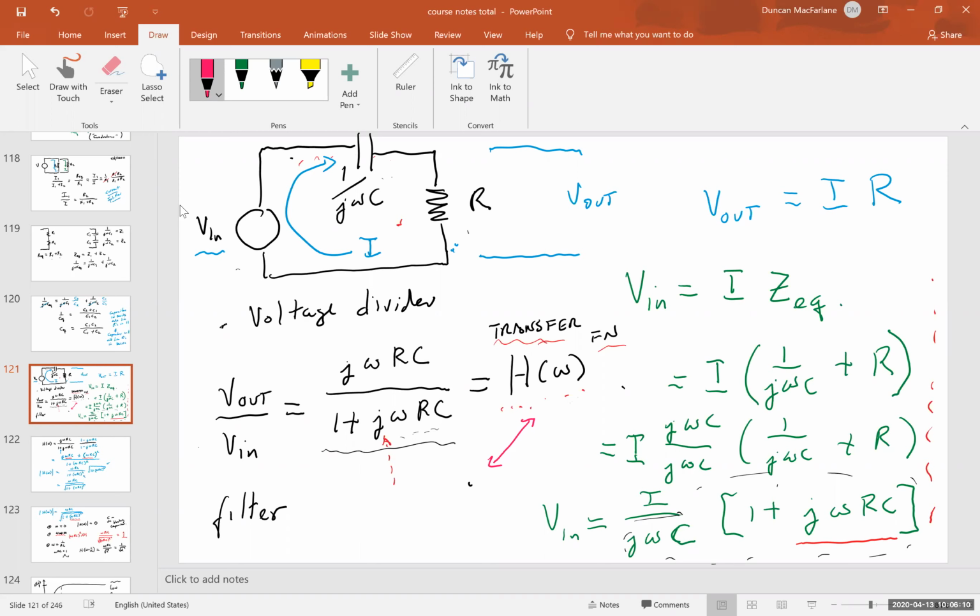So we have plots in the time domain, plots in the frequency domain, and here we have a function that's a function of frequency. So in a few minutes, I'm going to show you how to plot that function in the frequency domain, but I should also be able to plot this in the time domain,